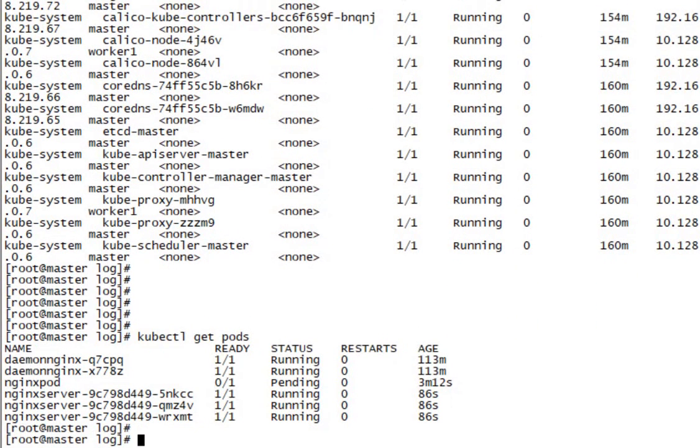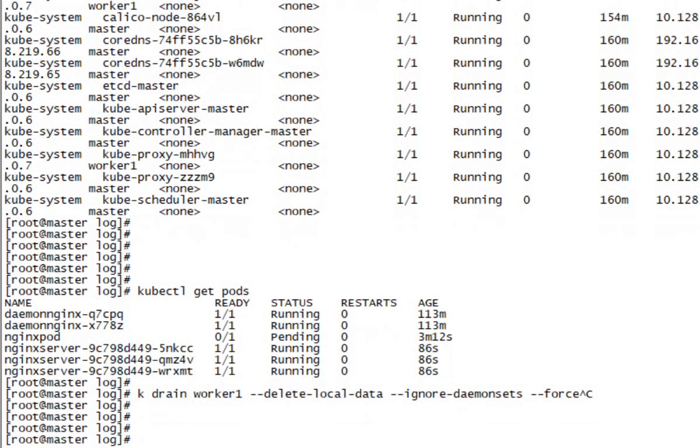Let me repeat it. First, we need to cordon a node having a particular label. How to check the label? kubectl get nodes --show-labels. You use the command kubectl cordon and the name of that particular worker node. And second requirement is you need to reschedule the pods also. When we use the word reschedule, that means draining that worker node, so you will use the command kubectl drain and worker node name. But if you have the daemon set also in that worker node, then it will give you the error related to the daemon set, so you need to use the parameter ignore-daemonsets. Fine, our requirement is done.